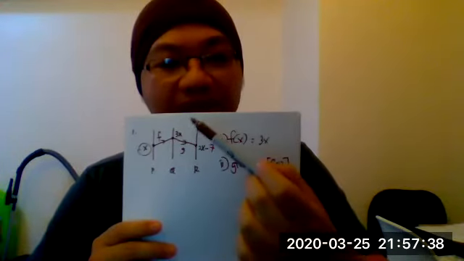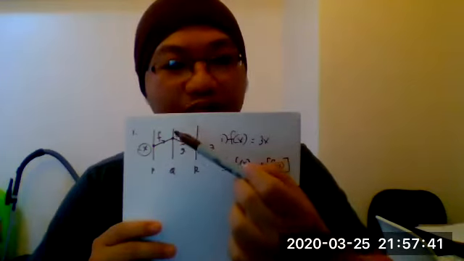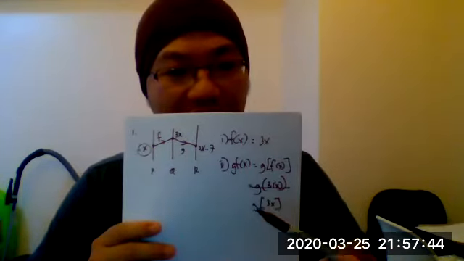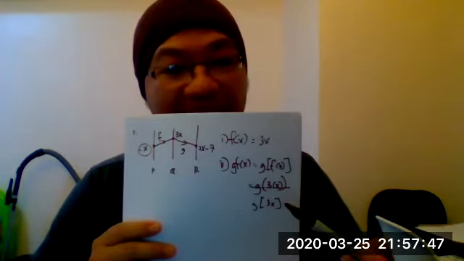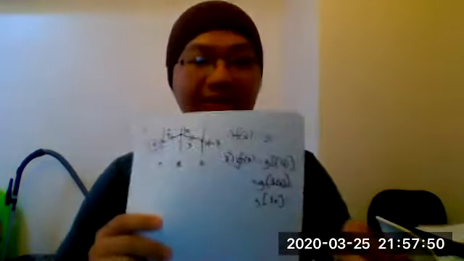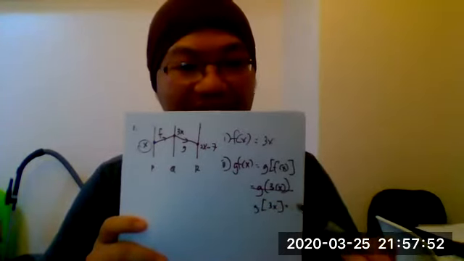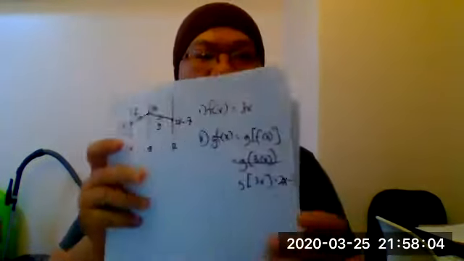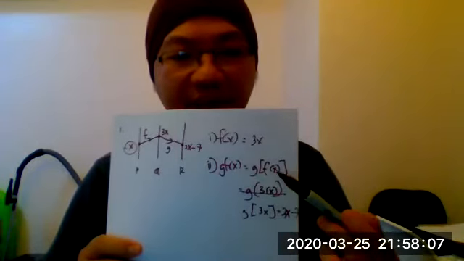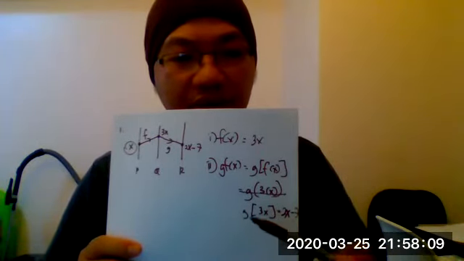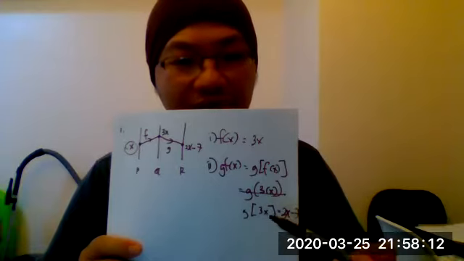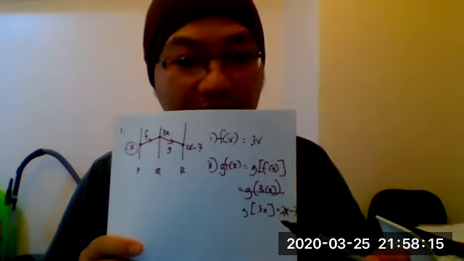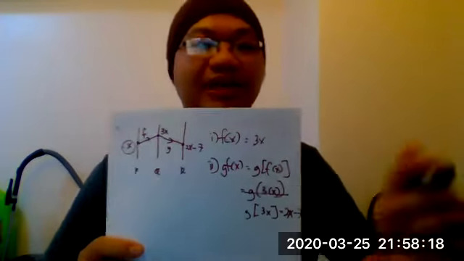That means the value that you read is your object. Now, G, the function, 3x is the object. What is the image? That means G bracket 3x sama dengan berapa? This is your answer. How much is the answer? 2x minus 7. Okay, so G bracket 3x equals to berapa ni? 2x minus 7. Settle.